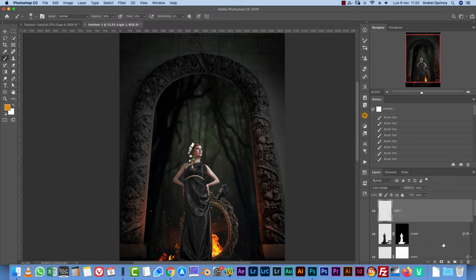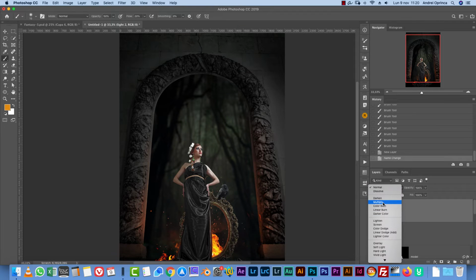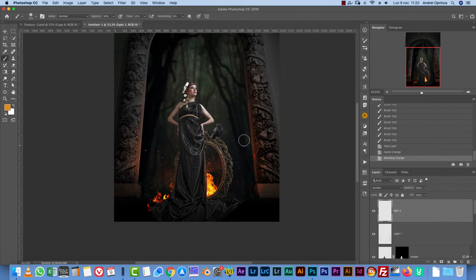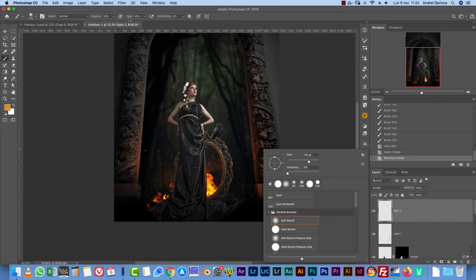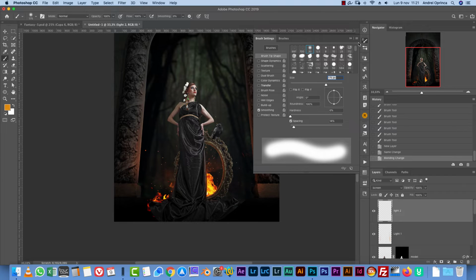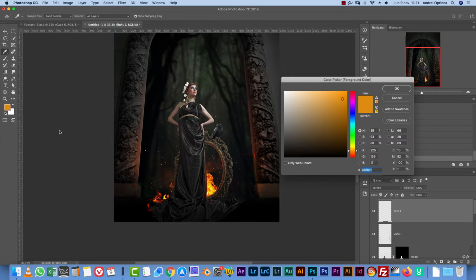Now that we have the first light, let me just create the second one and name it light 2. And this one I will put on screen. The other one was on color dodge. And this is just to create glows of light. Again, use a soft brush, hardness set to 0, opacity in this case I will use 100%, and the flow as well. I will deactivate the transfer, and I will use